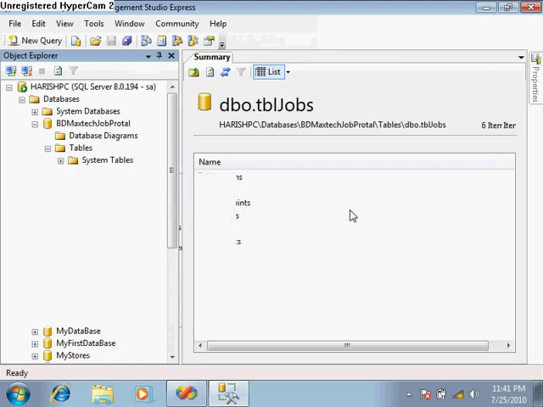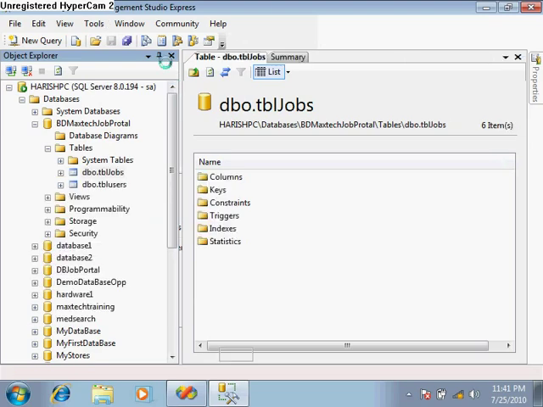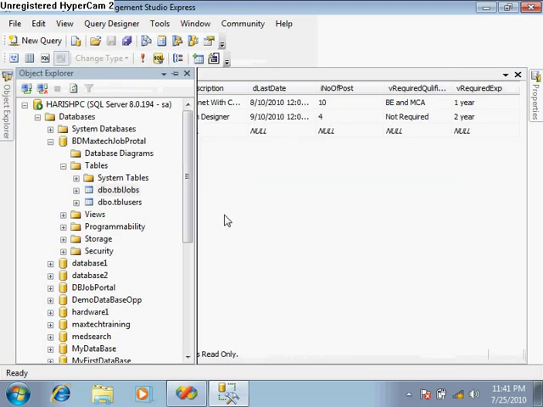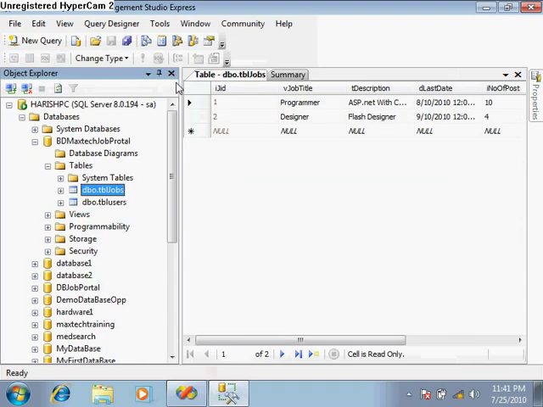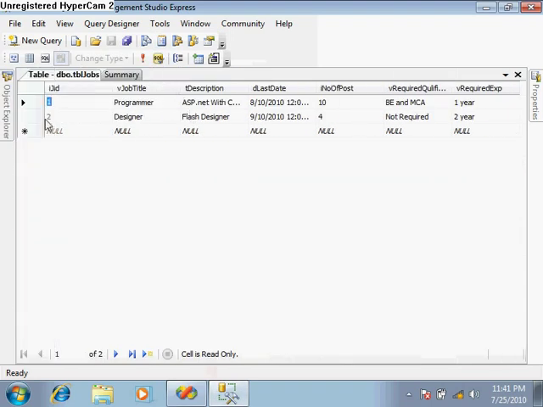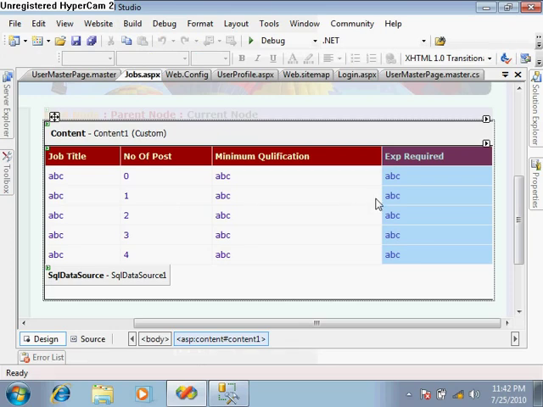If you open the table, you can see there is a lot of other information as well: job ID, job title, description, last date for applying, number of posts, qualification required, experience required, and all these things. So we need another page which gives the complete information about a single job. So for this,